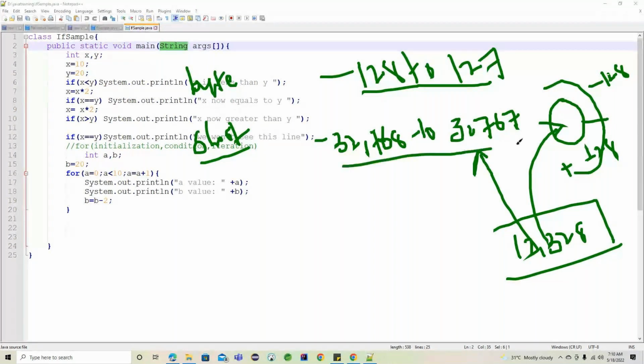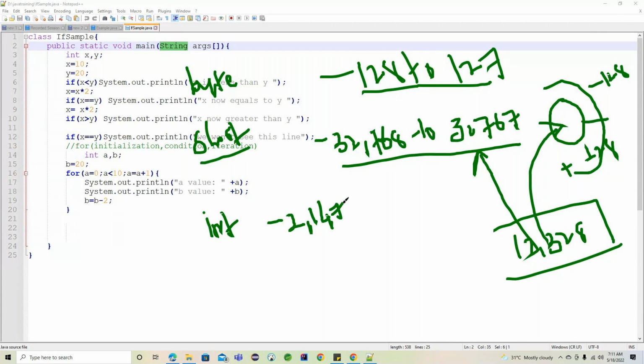Only the byte is going to take less value compared to the other data types here. And what about this particular int? Now if we observe, this int is going to take a little bit bigger value compared to this short. So now you can see the range here. Now we cannot imagine what the range of this int is. So now you can see, it's going to take